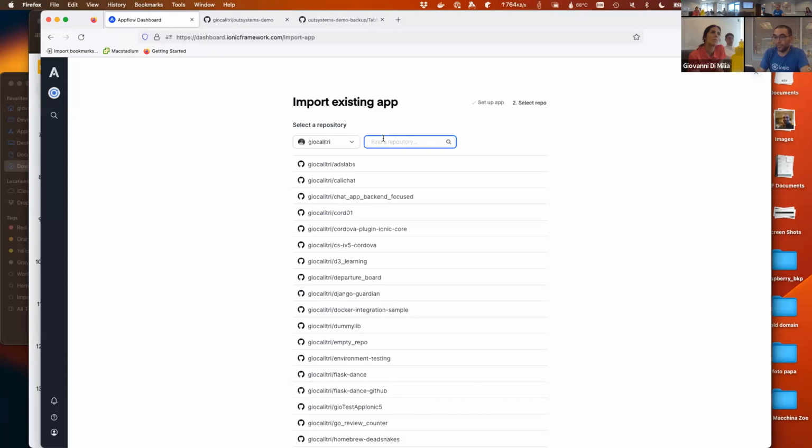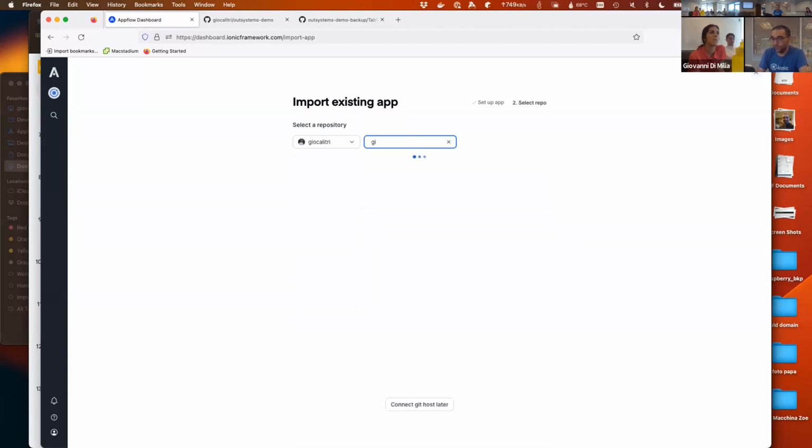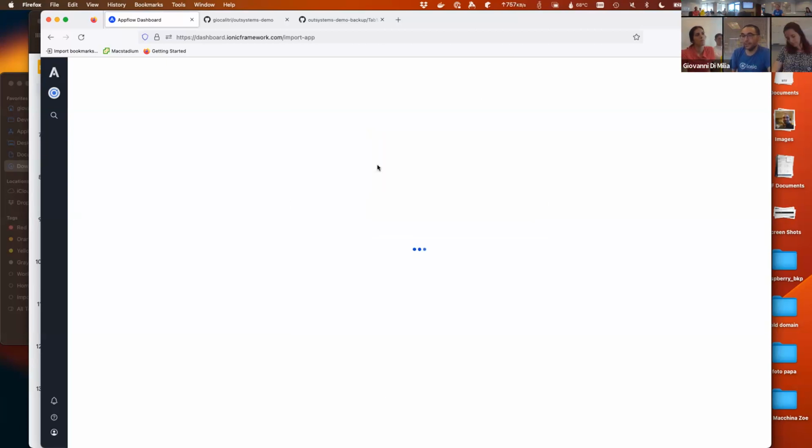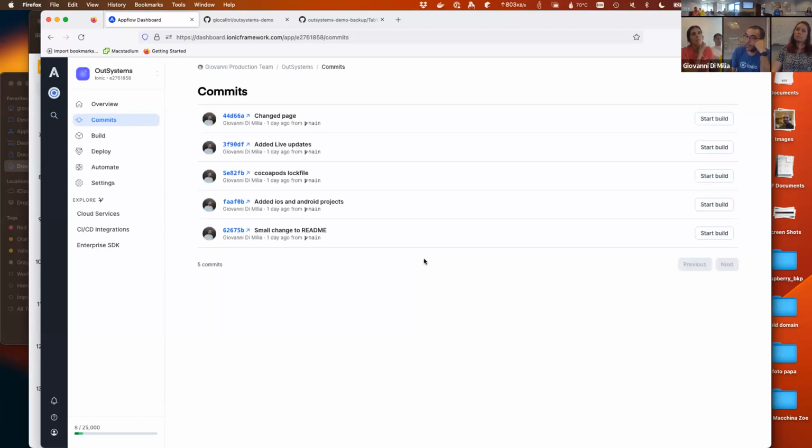We access our Git repo, select the app, and as soon as I connect the app to Appflow, Appflow tries to be smart and imports the last 5 commits from your default branch, which is main in this case.